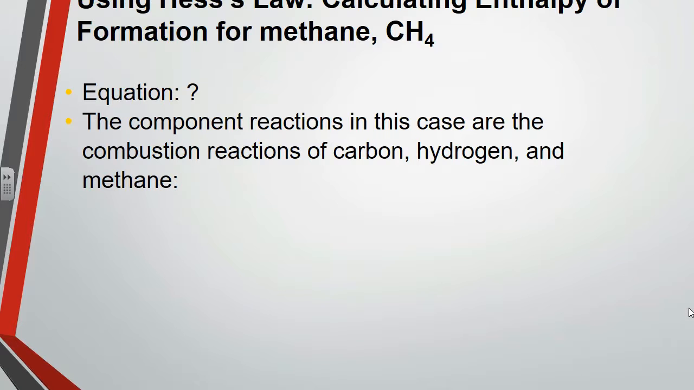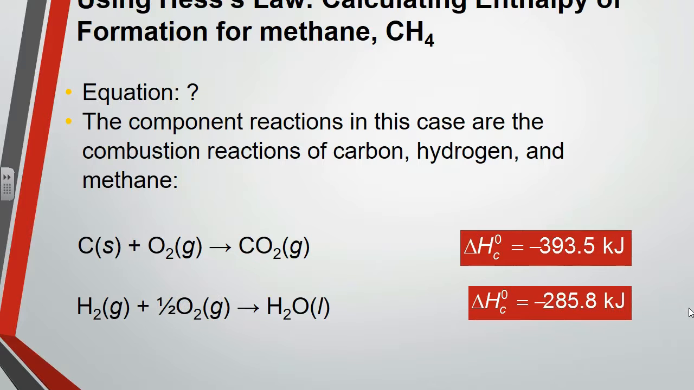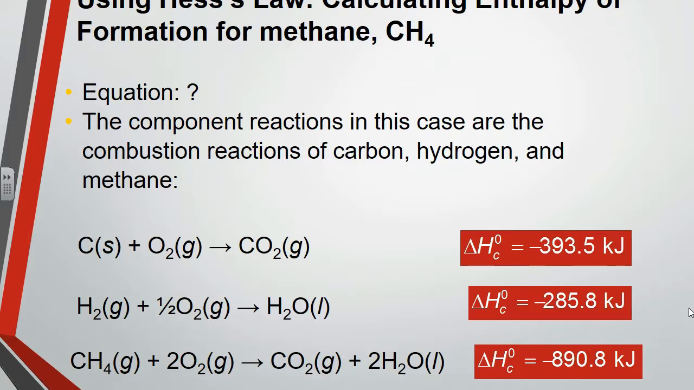So here we want to figure out the enthalpy of formation for methane. What are the component reactions? In this case, they're the combustion reactions of carbon, hydrogen, and methane. Combustion reactions are three different things. Carbon burning in the presence of oxygen gives me CO2, that's a negative 393.5 kilojoules. Hydrogen burning, and again, we want these with 1 mole, right? Hydrogen burning in the presence of oxygen is going to give me water, that's a negative 285.8 kilojoules. And methane burning in the presence of oxygen is going to give me CO2 and H2O, and that's a negative